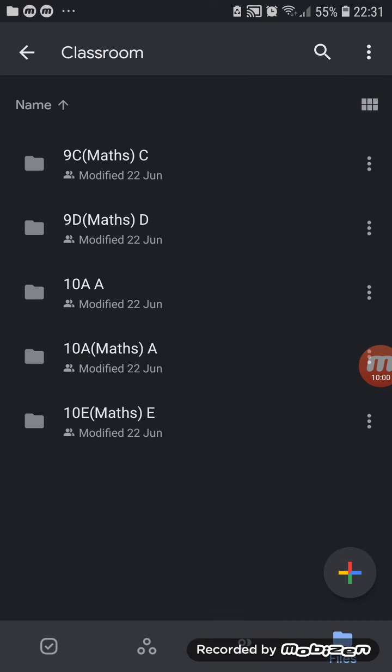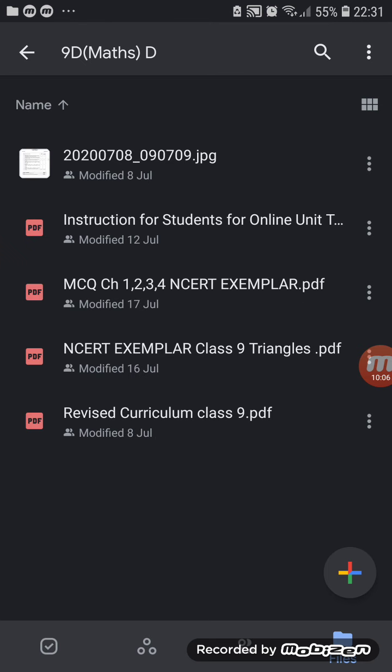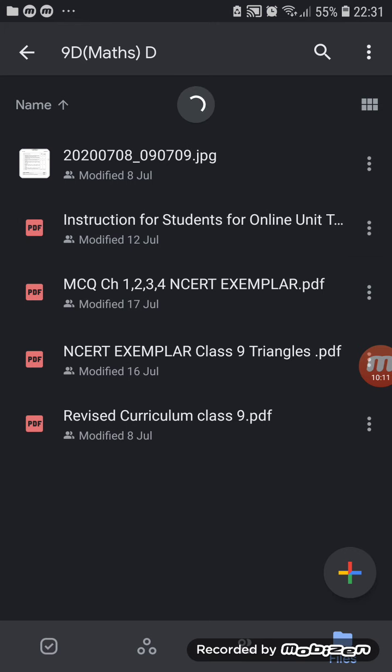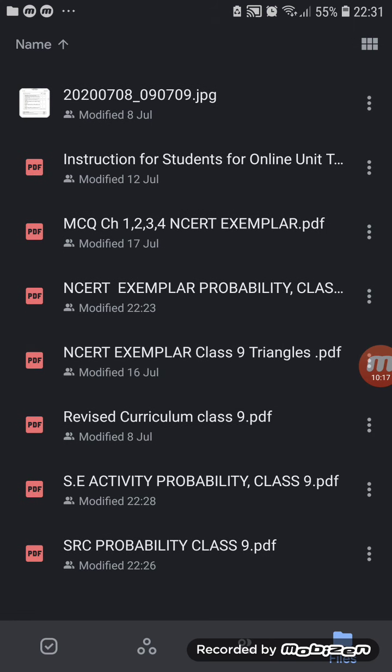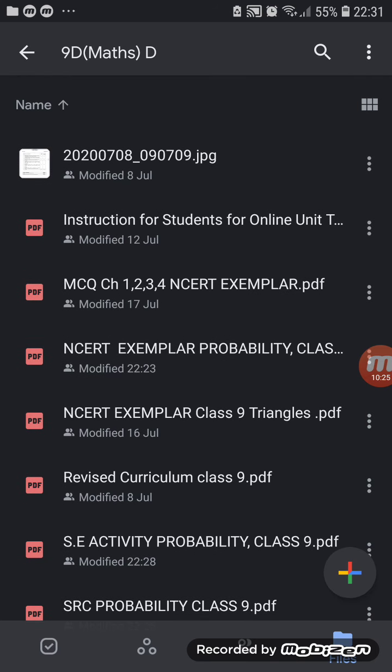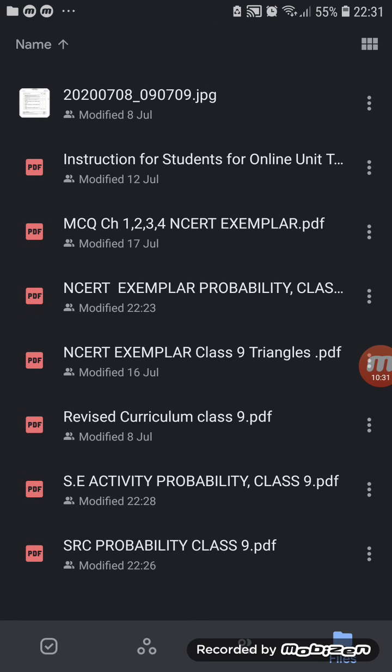that this is my drive and this is being opened, and the material that I have been posting keeps on getting accumulated over here. For example, I had posted these materials and now these are there in the drive. And just now, for the children I had posted the SRC subject enrichment activity and NCERT exemplar probability. These are automatically going into my drive, so that whenever I want to share it through link or whenever I want to keep it as record, it is safe in my drive also. So that is a good platform.